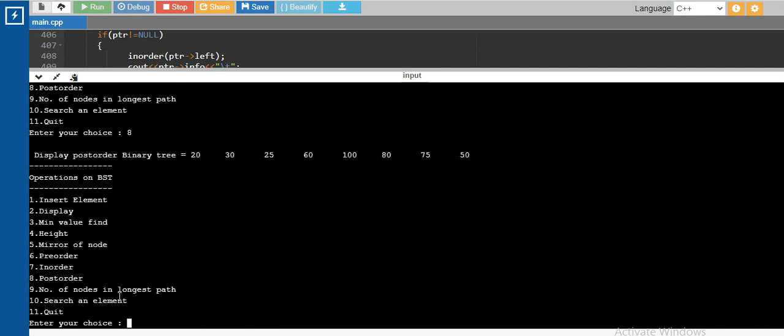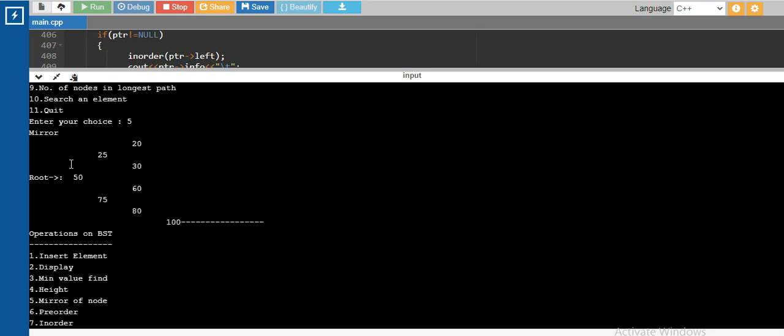Now we'll say we have to do the mirror. Okay, if we want to do the mirror, you can find out now how they are changed. Here 50 is the same as the root node, but there is swapping between the left and right child, right?